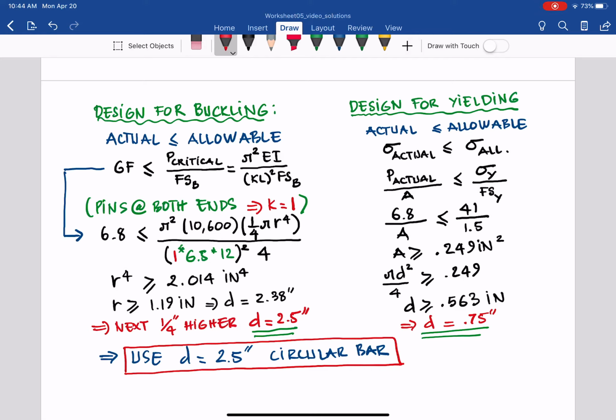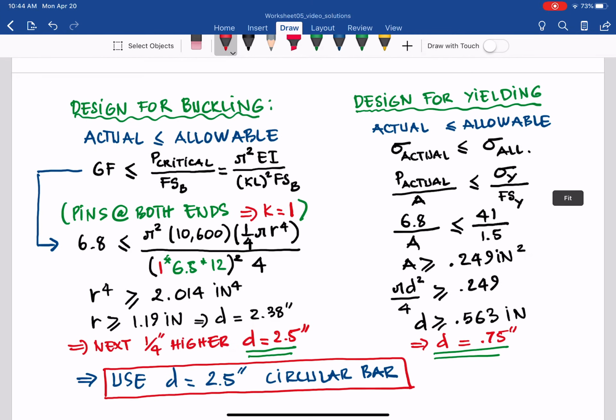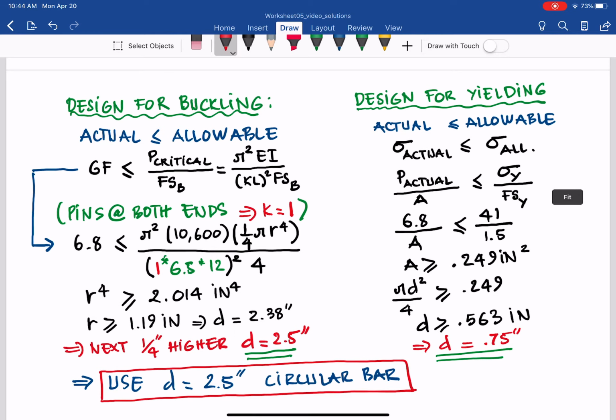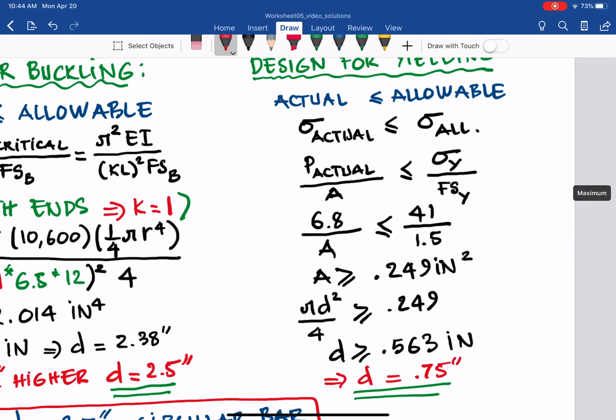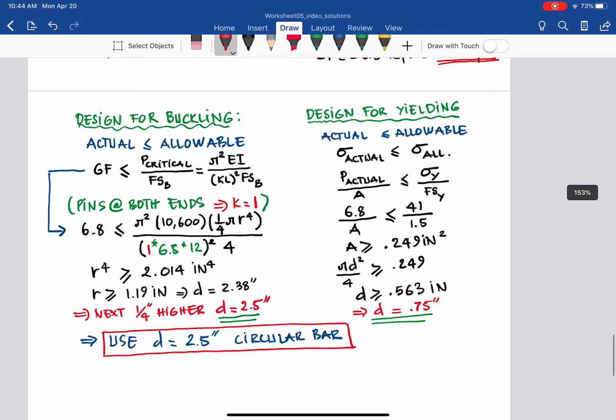For a member in tension, as you can see, it never buckles. It is only designed for yielding, so the size tends to be smaller. So with that in mind,